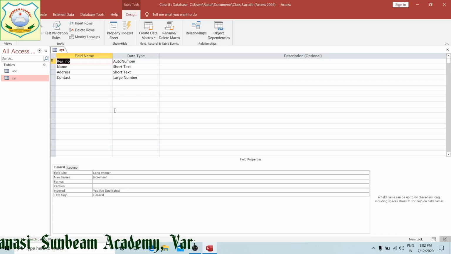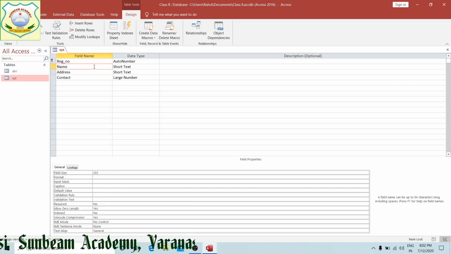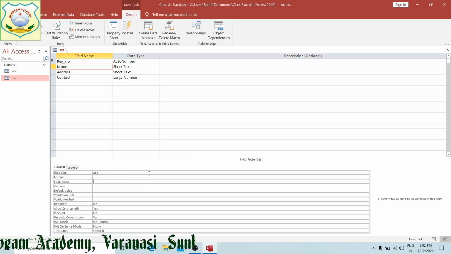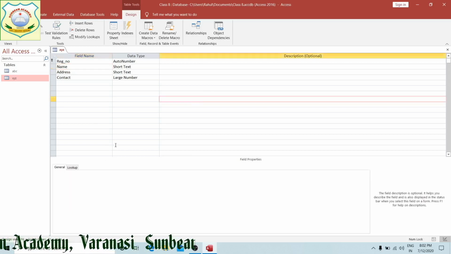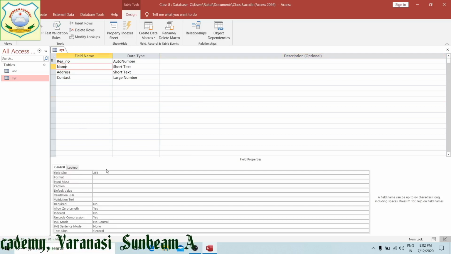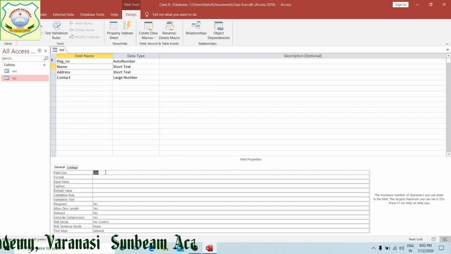After opening in design view, now I am going to see the first field, I have taken name, right? So its field size has been given as 255 characters. Now I am going to decrease it to 50, right?